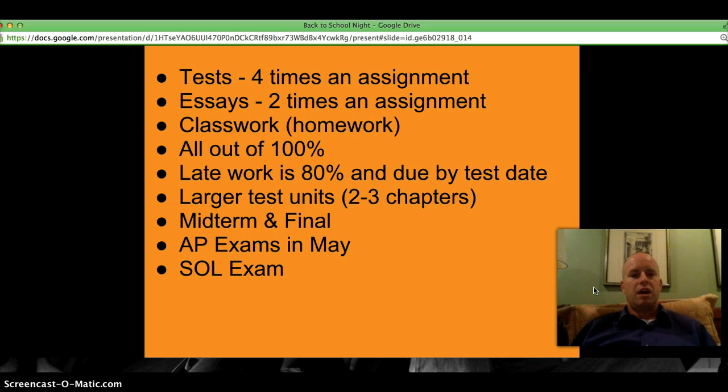Essays are 2 times, and they're all out of 100%. So there's no questioning if your son or daughter has a lower grade or higher grade, what it is. As a word of help, hopefully, I'm going to be sending, starting in about a week, and Mr. Day as well, grades home every Thursday or Friday, the last day of the class for the week for world